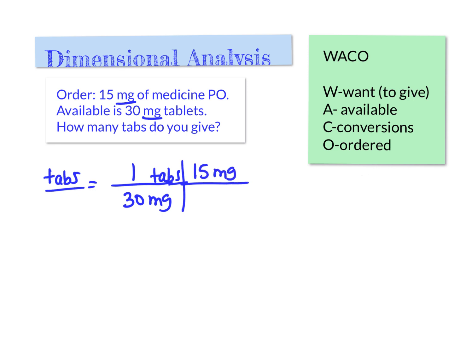Okay, I have finished my WACO. Can I cross everything out? Yep, and I'm left with just tabs. So if I did my math, 15 divided by 30, I'm going to give 0.5 tabs, which is a half a tab. Okay,